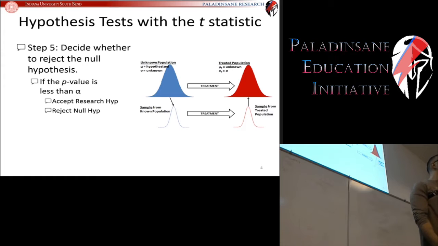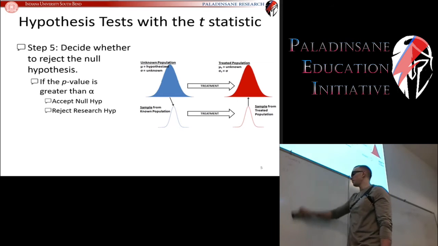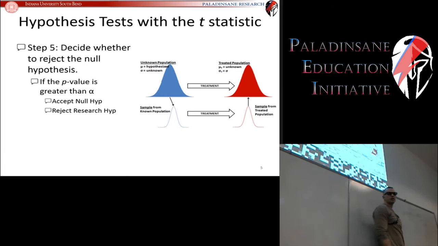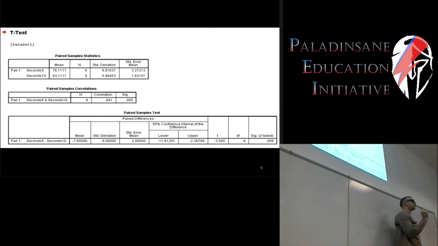i.e., when your sample probability is less than your cutoff probability, you accept the research hypothesis and you reject the null hypothesis. On the other hand, if your p-value is greater than your alpha level, that means that your sample probability is greater than your cutoff probability. Then we accept the null hypothesis and reject the research hypothesis. So that's the rule. However, we have to be a little bit careful when we're dealing with one-tailed and two-tailed